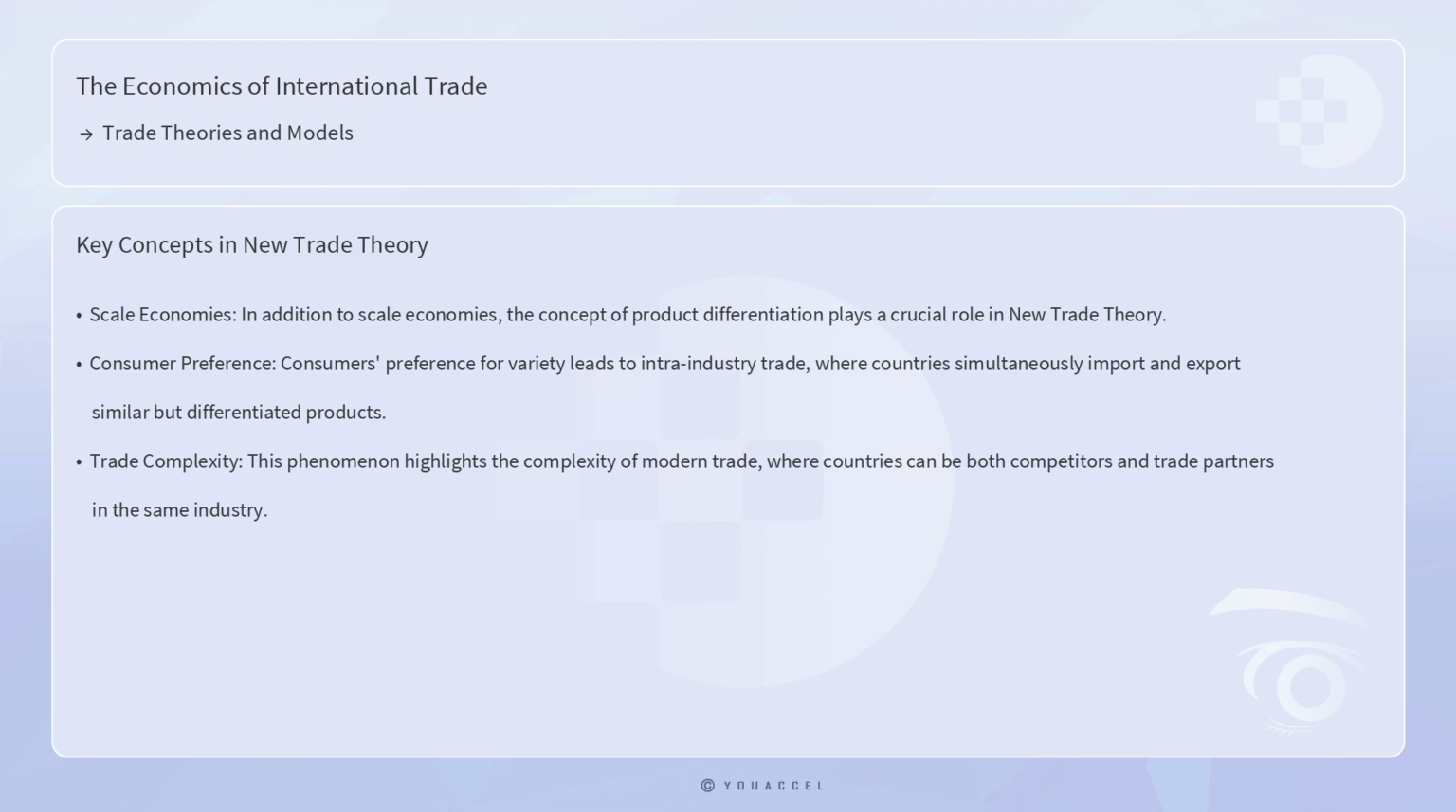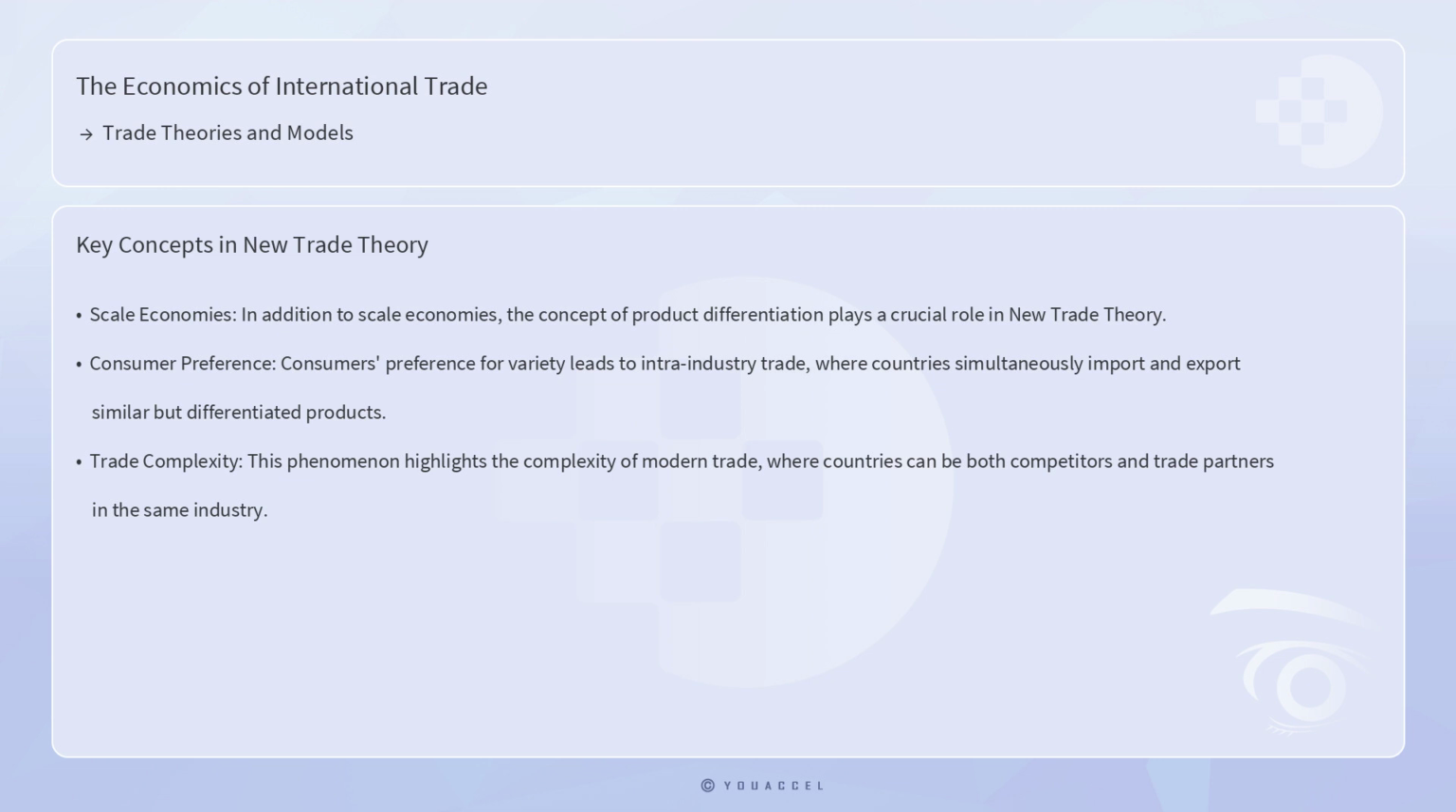Consumers' preference for variety leads to intra-industry trade, where countries simultaneously import and export similar but differentiated products. For instance, while Germany exports BMW and Mercedes vehicles, it imports cars from Japan and the United States. This phenomenon highlights the complexity of modern trade, where countries can be both competitors and trade partners in the same